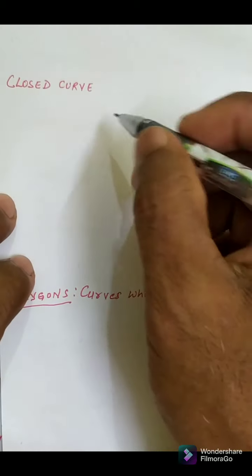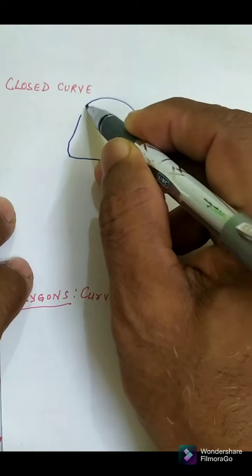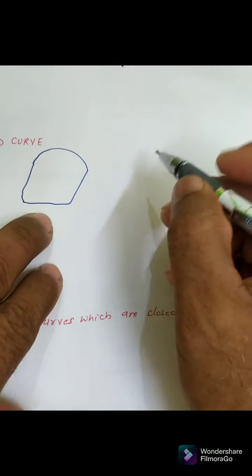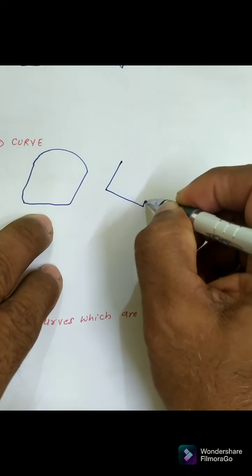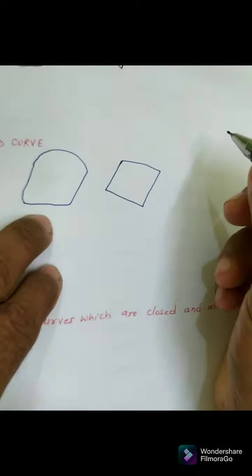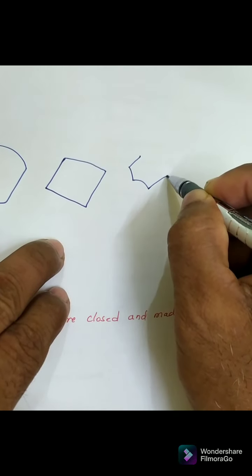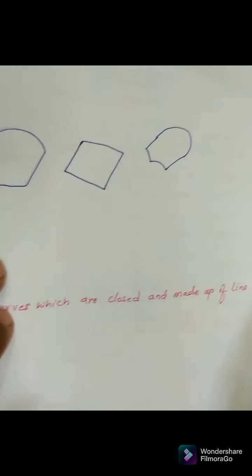Now on the other hand, if I start from one point like this, I may end up with a line segment or a circular part, any type of figure. This is a closed figure. For example, this is a closed figure. This again I can draw like this with a circular part also. This is a closed figure.